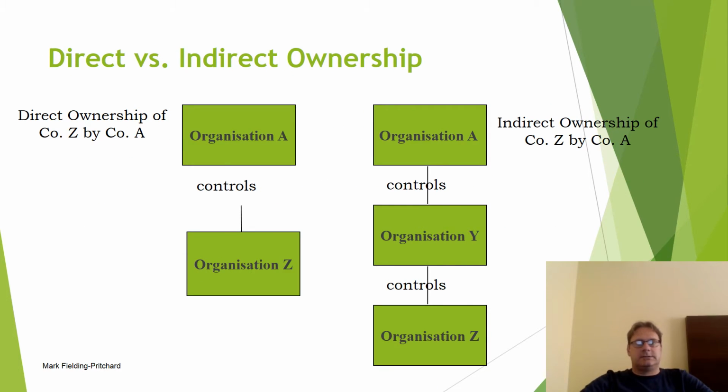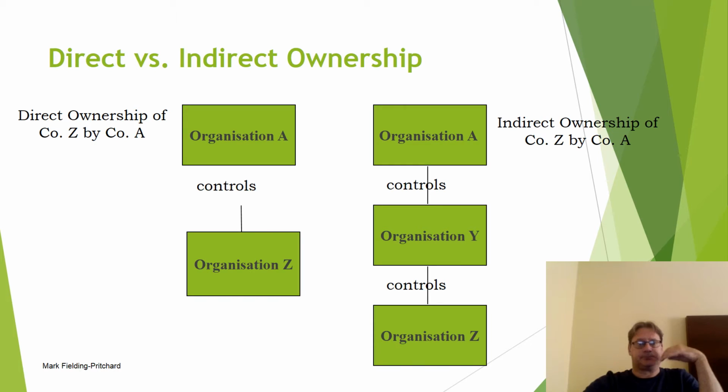Right, I think this is a slide which is fairly obvious to most people as well. What it's saying is that, in terms of the concept of the F7 examination, you're going to have a company A which owns more than 50% of the shares in the subsidiary. And so you're going to have the picture that we have here on the left. It's particularly badly drawn, isn't it? Organisation A, which controls